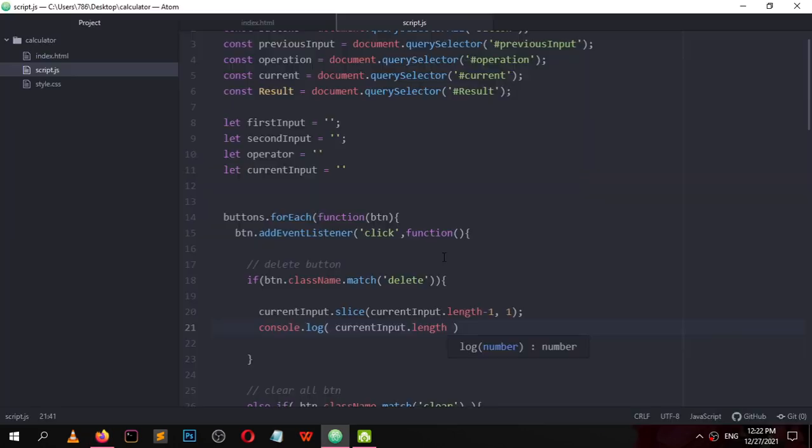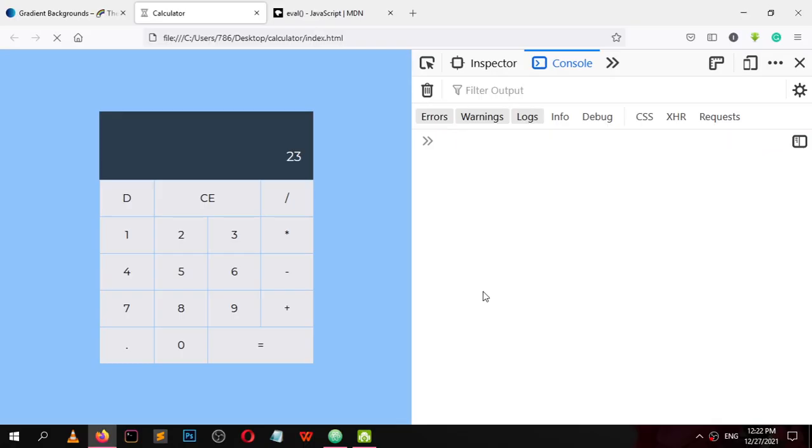So I want to console.log my current input dot length minus 1. I want to console.log the number current input, and inside the square bracket current input dot length minus 1. So 1, 2, 3.